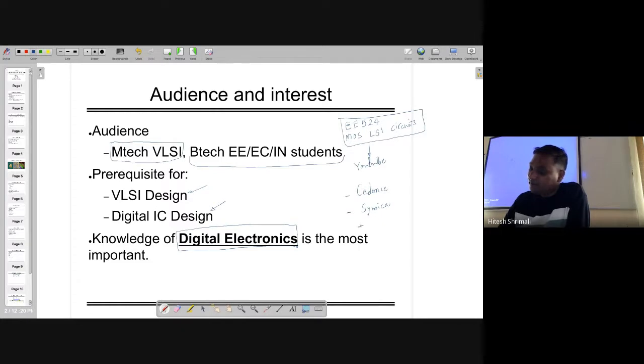And there is another thing called Magic. This is also open source, for layout design. Simica we are using for schematic design, and you can simulate it. Whereas Magic is the one which is used for layout design. So you can do the full custom design layout in Magic. So that also we are going to try to understand, right?